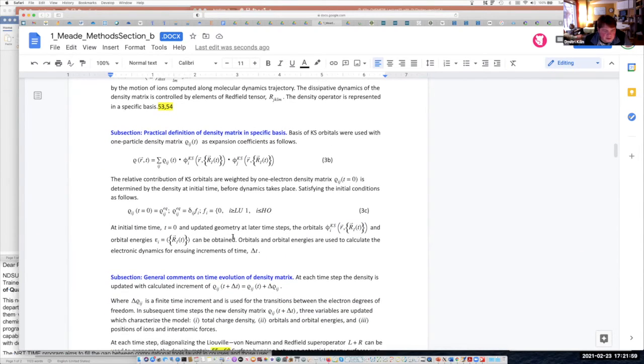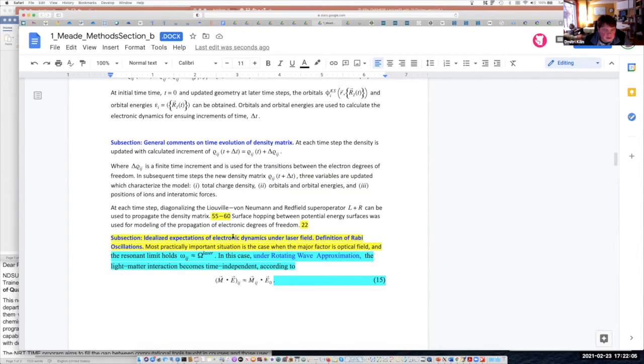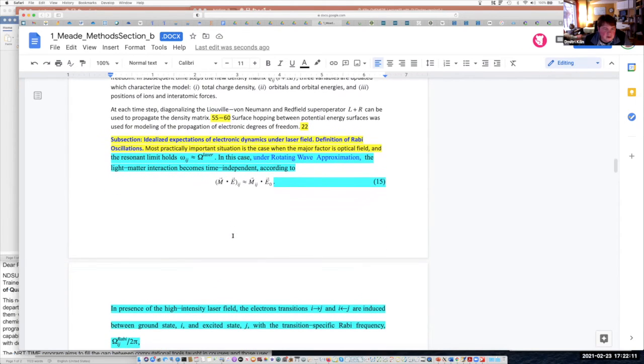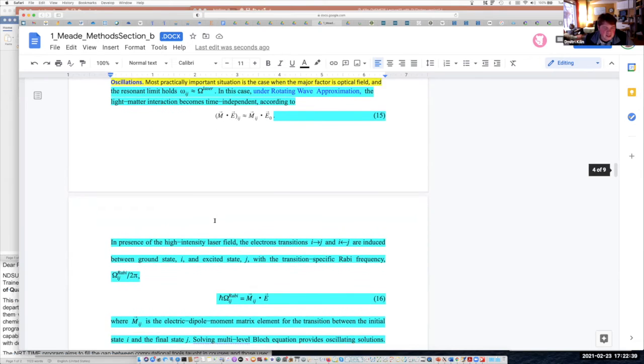The concept of density matrix in a specific basis. Then general comments on how it evolves in time. So I understand myself that right now it is not an ideal arrangement, but maybe after Mead consolidates all comments, it can be shortened. And if all participants of the meeting see what can be removed or shortened, please give suggestions. So the next paragraph is